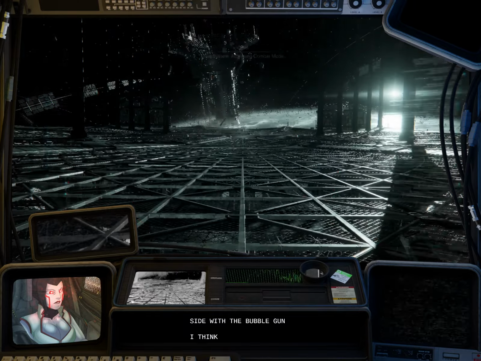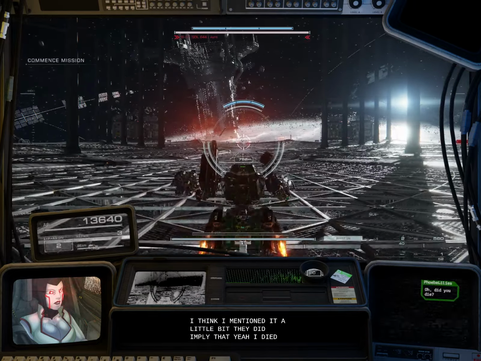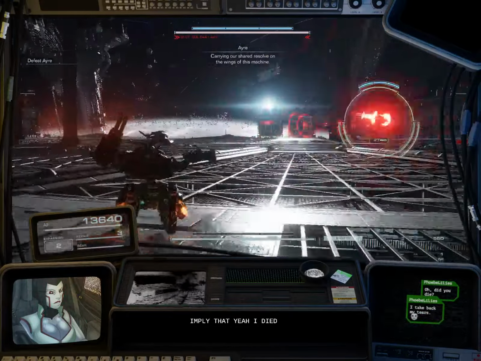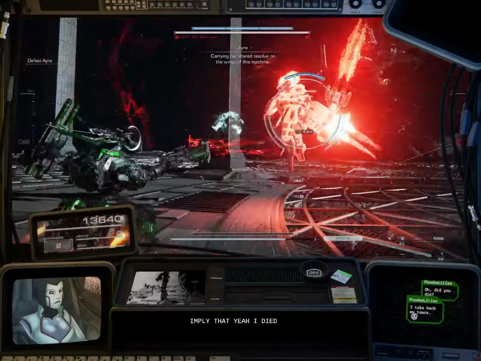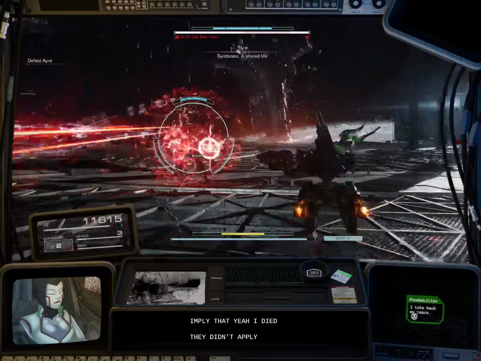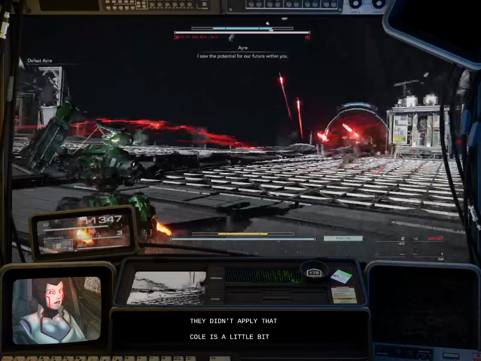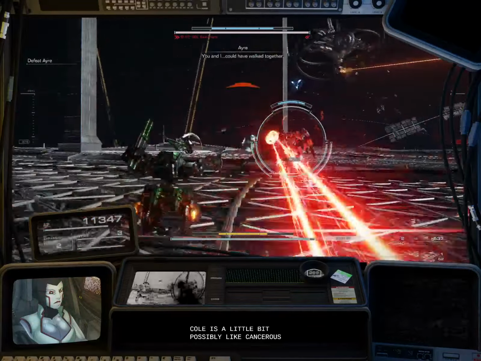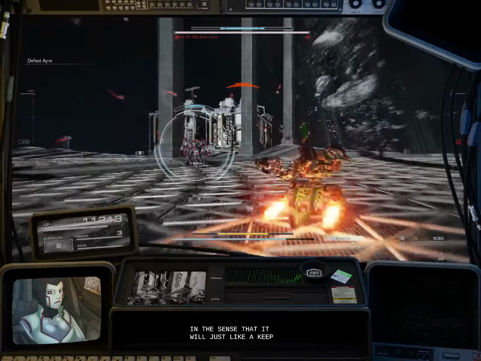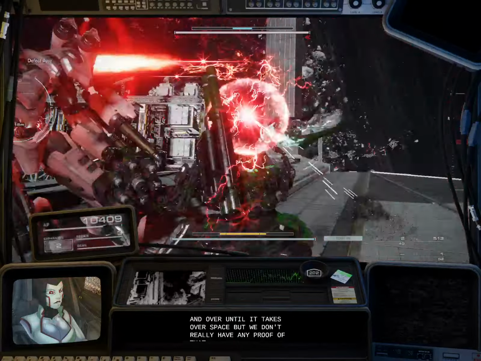I think I mentioned it a little bit. They did imply that. I died. I will stop you and the Cylon. Carrying our shared resolve on the wings of this machine. Symbiosis, a shared life. I saw the potential for our future within you. You and I could have walked together. The goal is a little bit, possibly cancerous, in the sense that it will just keep growing over and over until it takes over space. But we don't really have any proof of that, so...